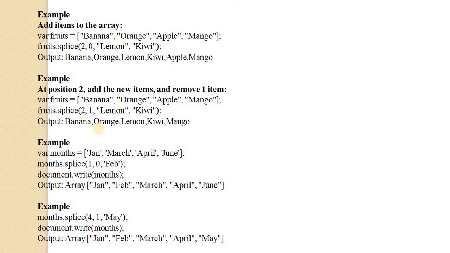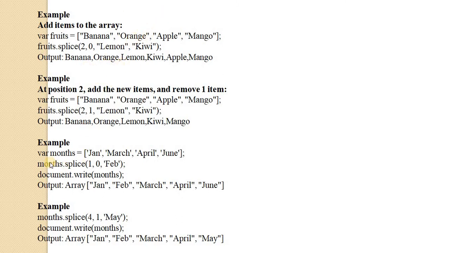Next is the third example, in which we insert one element at index 1. Here in the first example we inserted two elements at index 2, and here we insert one element at index 1.